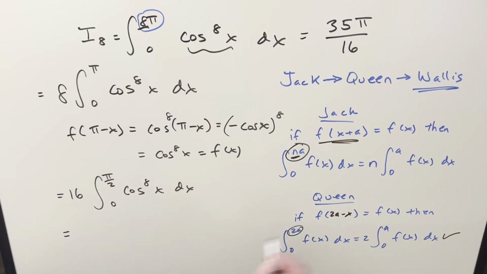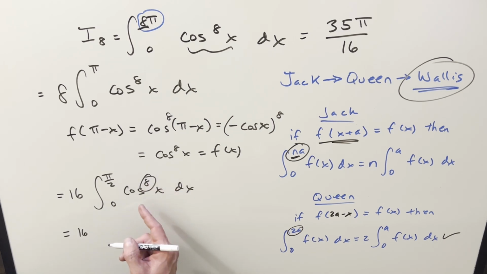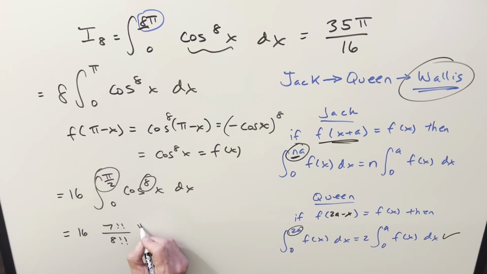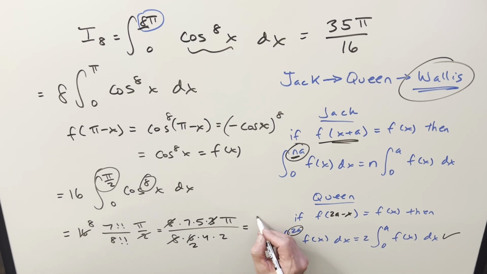But now we're almost there because we can use the Wallis integral, which works the same way as the power reduction. This is the n value, so now we take that minus 1, so we end up with 7 double factorial over 8 double factorial times that value, pi over 2. I can cancel 2 here with this and get an 8. So let's see what we have. We've got 8 times 7 times 5 times 3 times pi. Just expand out the 8 double factorial, same as before. Cancel 8's here, cancel 3's here, multiply it out, and for the solution, we get just 35 pi over 16,